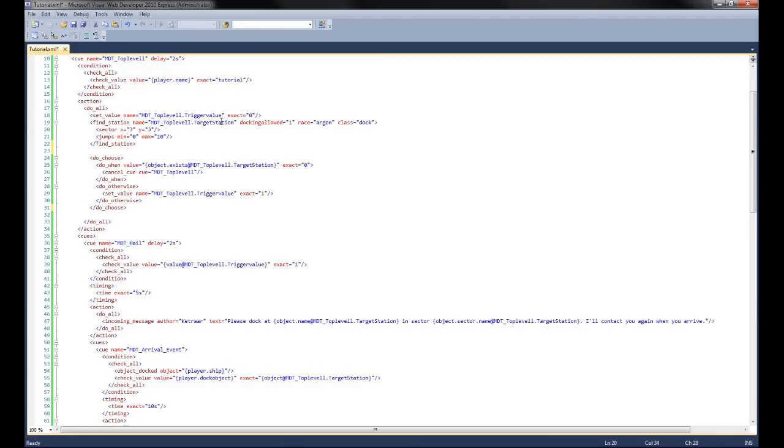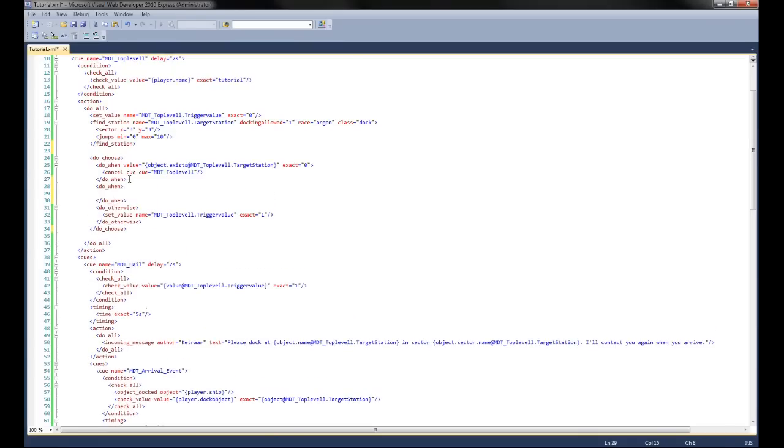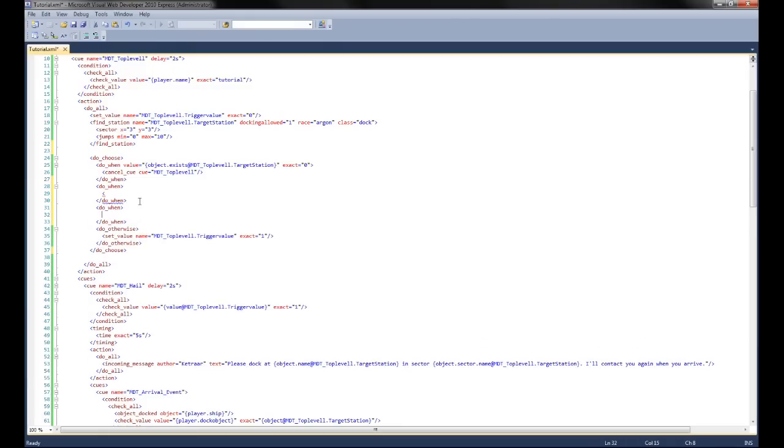In the case that the station does exist, it will do the other, because this is not true. So it will move on to the next one and do the otherwise. This is a good thing, because you can have as many do-when as you want. Do-when, whatever. Do-when, some more. So like having several conditions, meaning if the station exists, if it's an Argon station, if